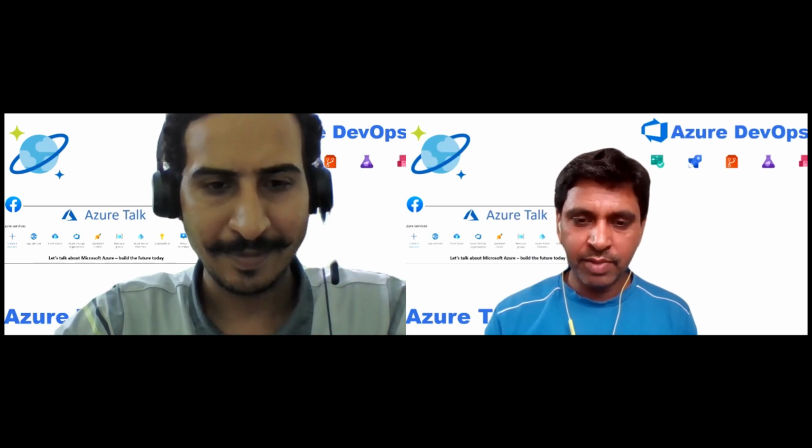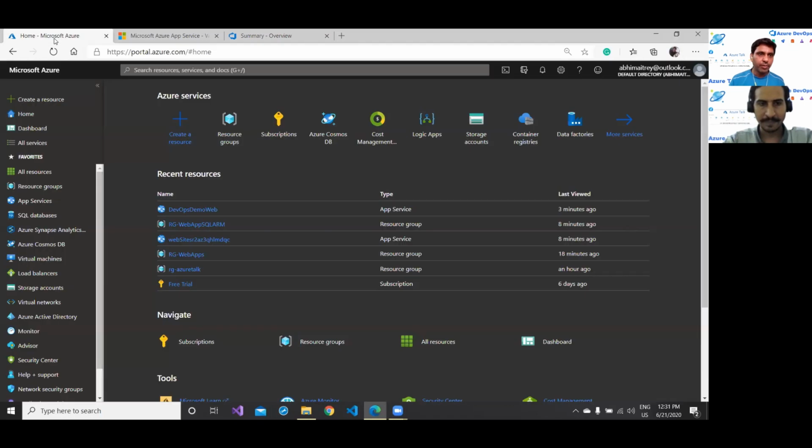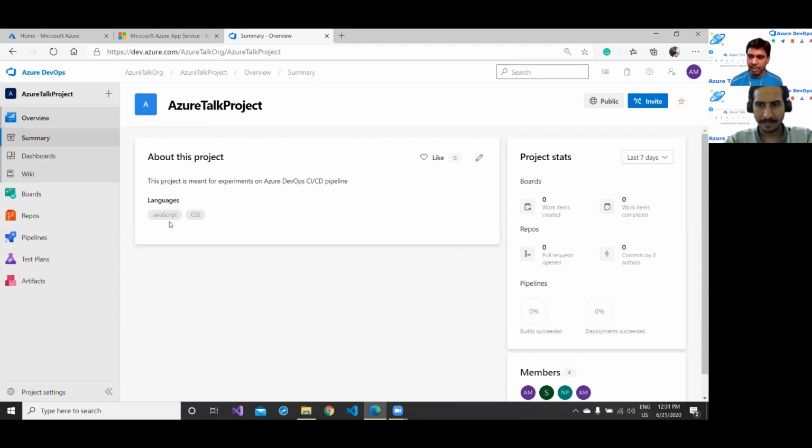Thank you very much. And without delay, I am sharing my screen so that you can see what we want to do in this session today. My core purpose is to create the different deployment slots on Azure for a particular web application so that I can push my code into three different branches at the same time. And they can go through the build pipeline first, then the release pipeline, and deploy into their respective slots. Perfect, perfect. Looks like an enterprise solution you are providing.